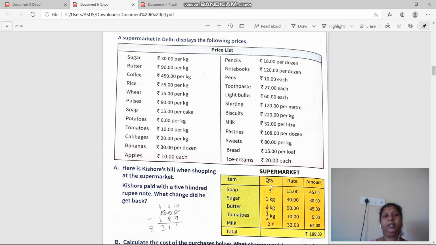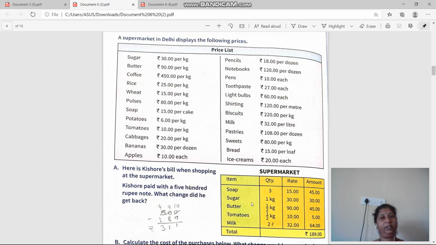Too lengthy bills are not there in our PT2, but I will ask such things like: the soap has 10 rupees price, so tell me the price of 5 soaps. Otherwise, a sugar is of 50 rupees for 1 kg. What is the cost of 5 kg sugar? Get it? The cost of one pencil is 10 rupees. So what is the cost of 18 pencils? Such small examples we have to calculate, right?